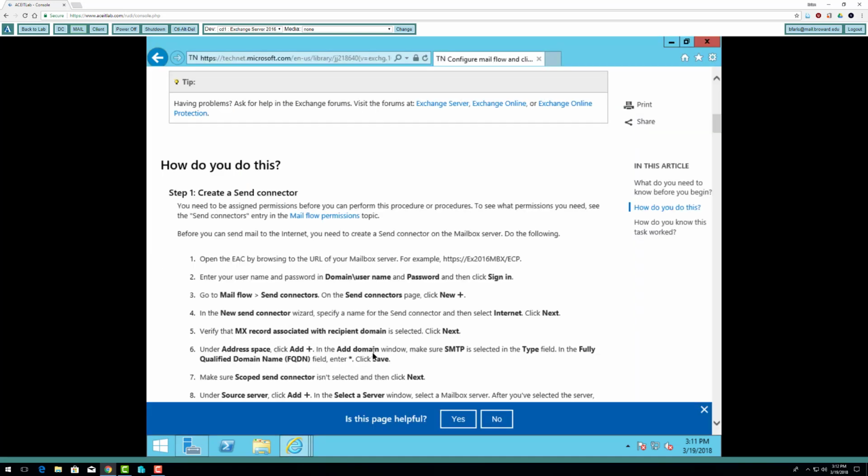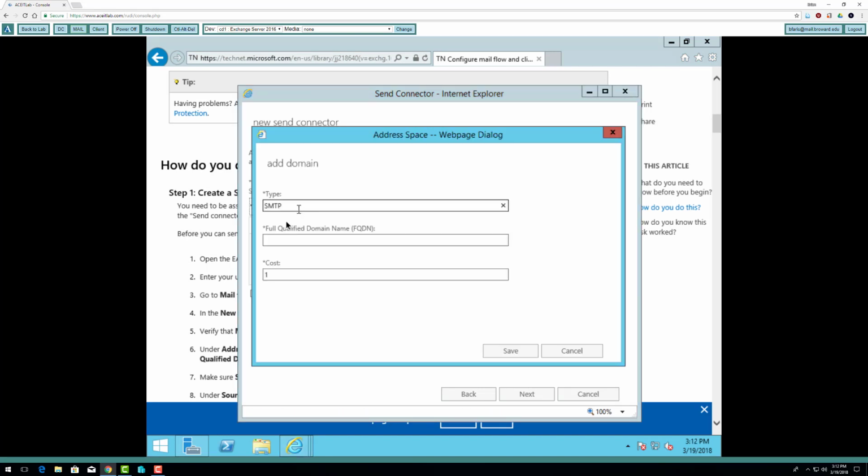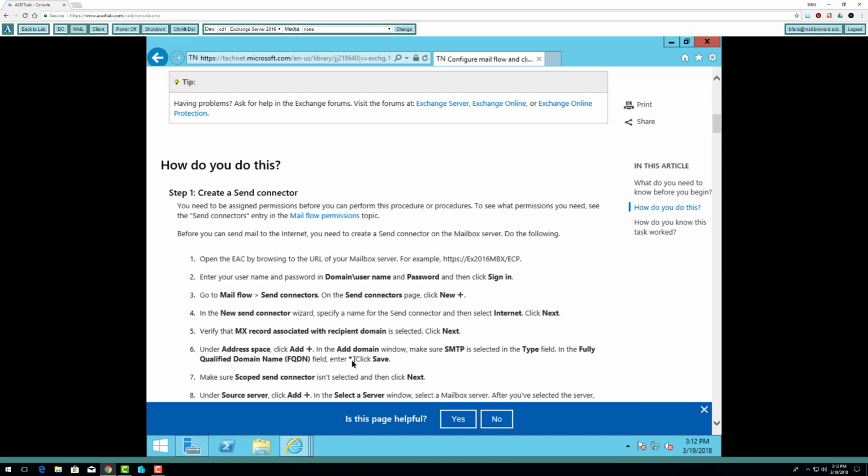We need to click add and a domain and make sure SMTP is selected in the type field and in the fully qualified domain field, enter asterisk dot and click save. Click plus. Asterisk. That's going